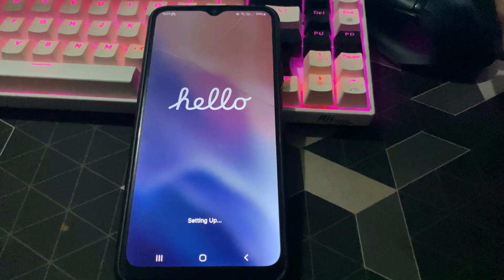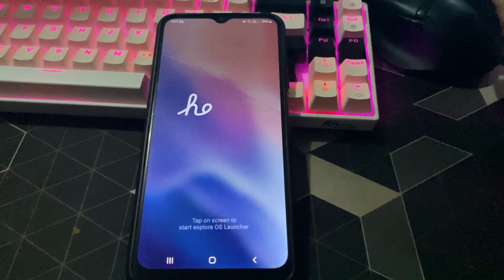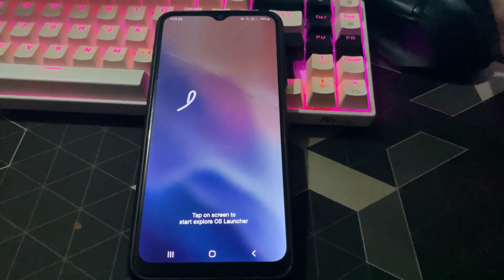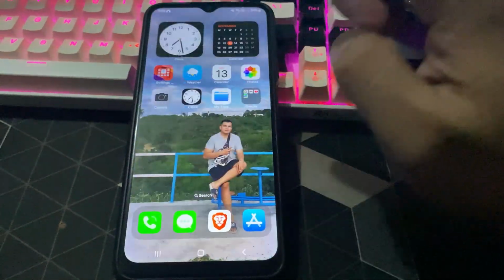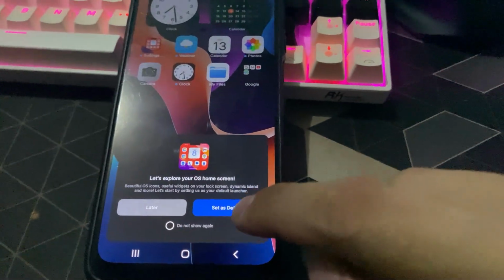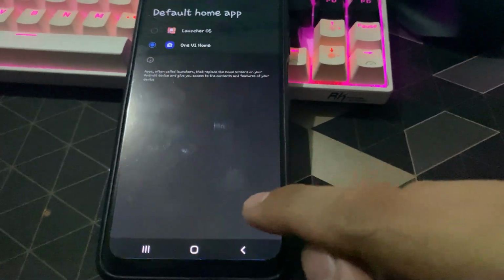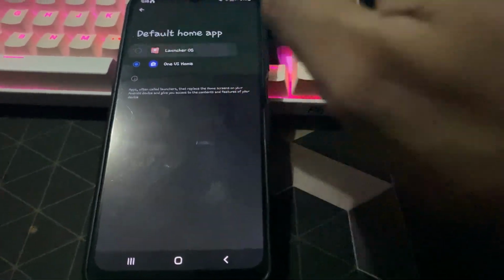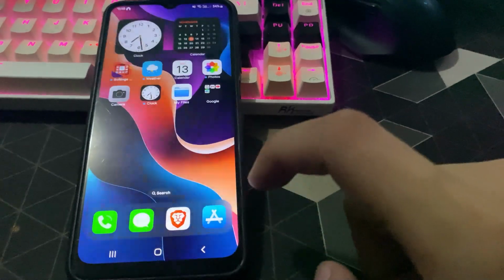As you can see here, it is now setting up. I'm just going to go ahead and wait for a bit until it finishes setting up. I'm going to go ahead and tap on this. We're going to want to set this one as default for now. Alright, Launcher OS, allow,